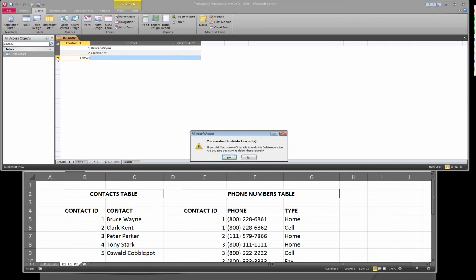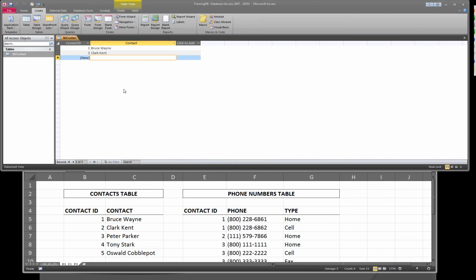Yeah. So if I click delete like that, it's going to confirm you're about to delete a record. Now let's say I say yes. And now let's say I start typing in another name, Peter Parker again. It's going to default to the next number. It's not going to reuse that 3 because that 3 was already saved and deleted, and it knows in the